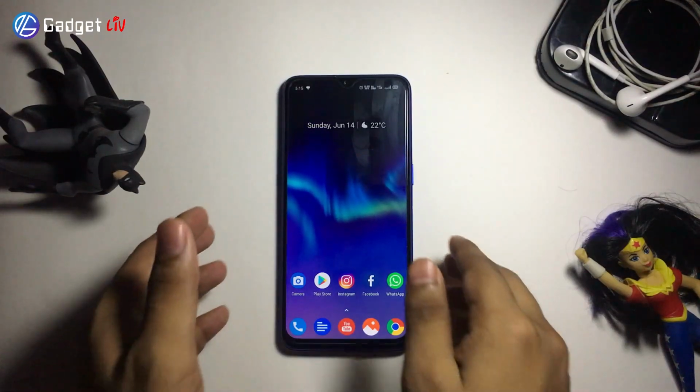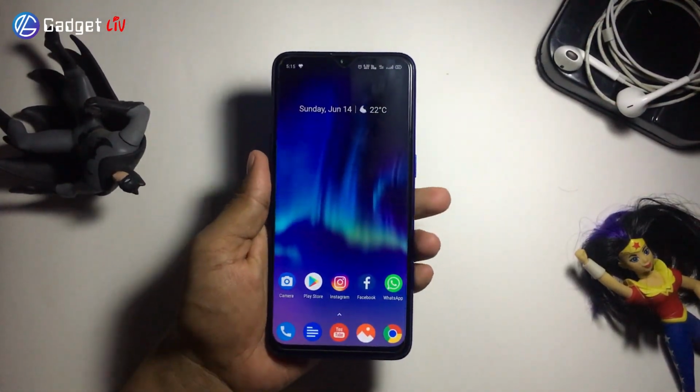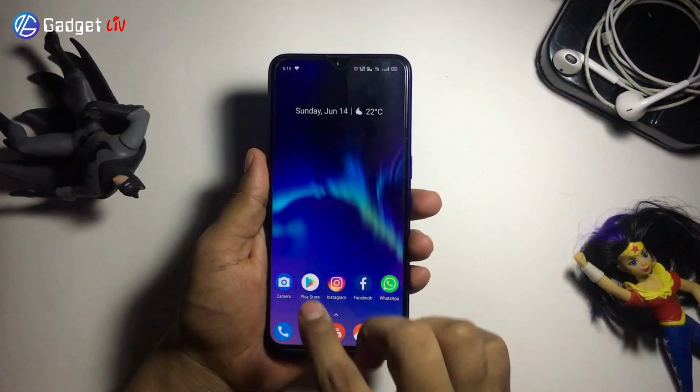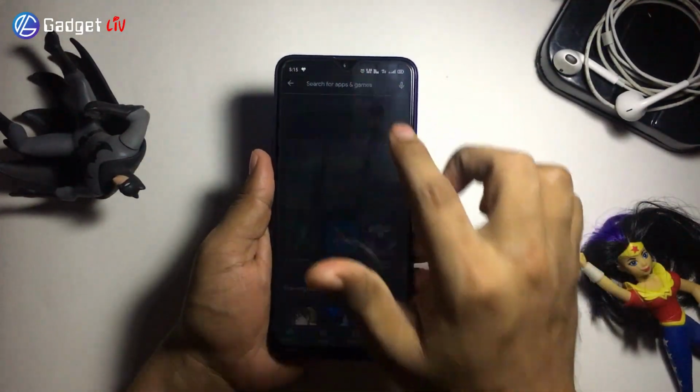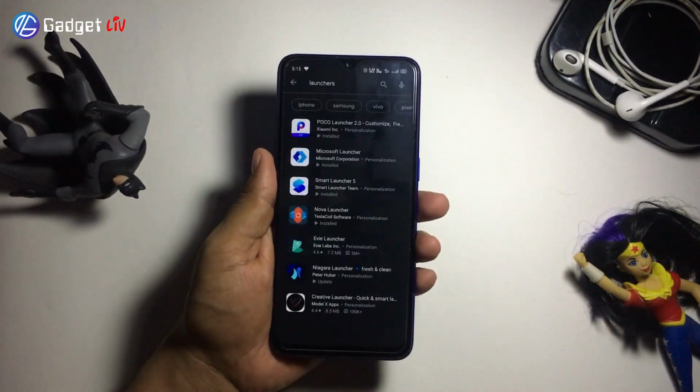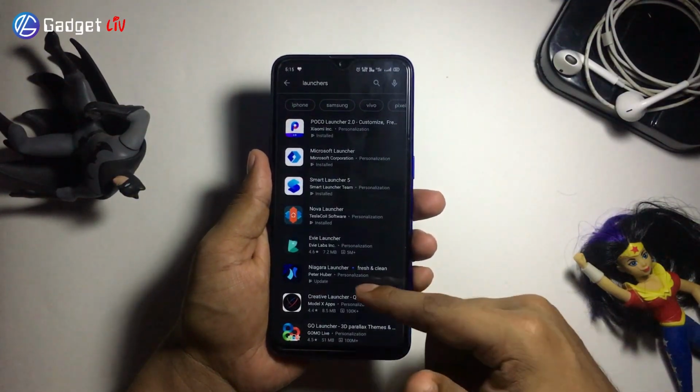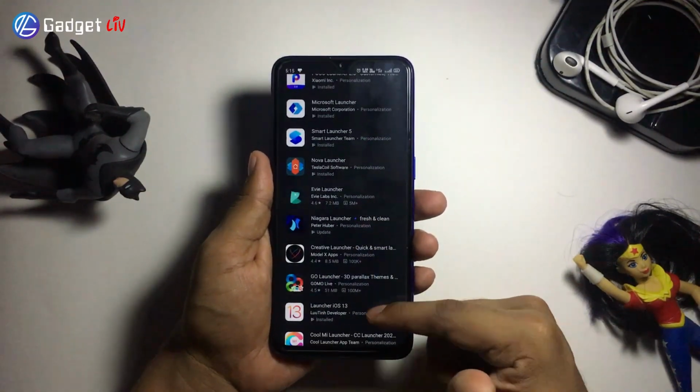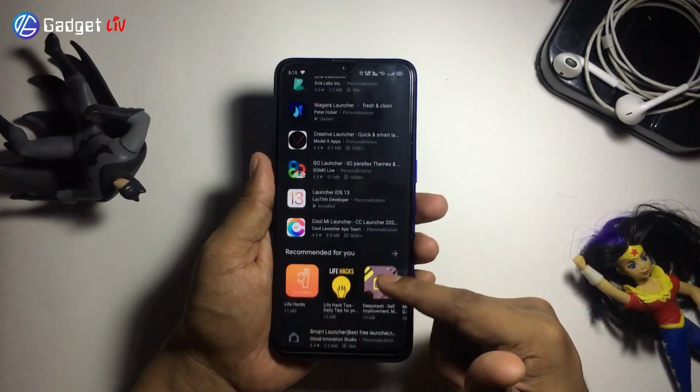Are you tired of seeing the old home screen on your Android device? Well, you don't have to worry anymore since Google Play Store has tons of Android launchers to customize your smartphone. So I installed as many Android launchers as possible and started sorting out to pick my 10 best Android launchers.